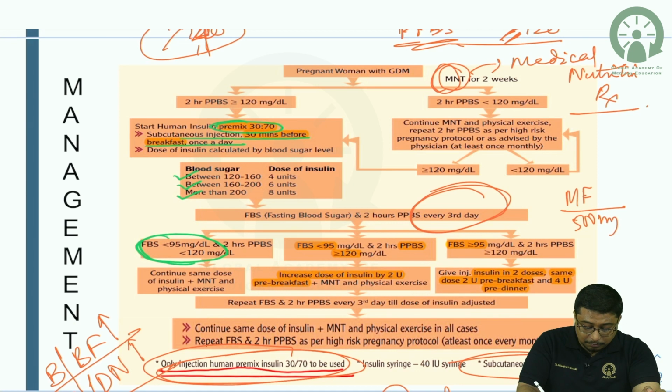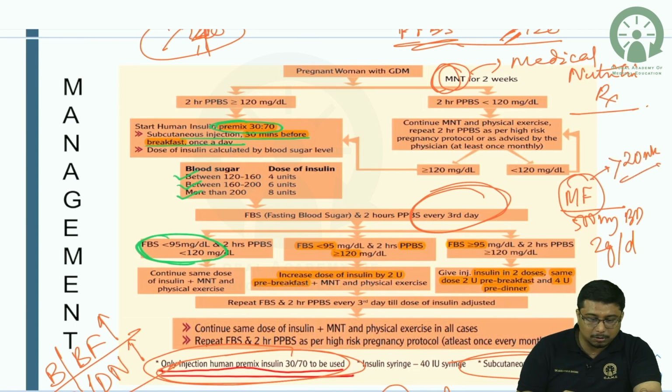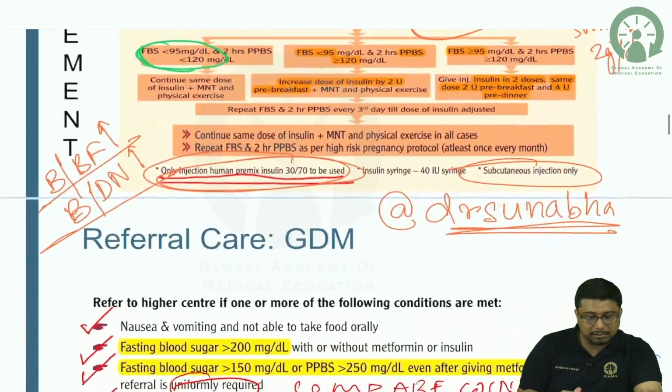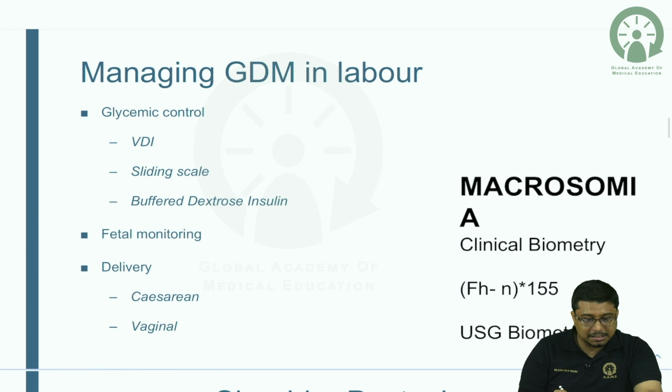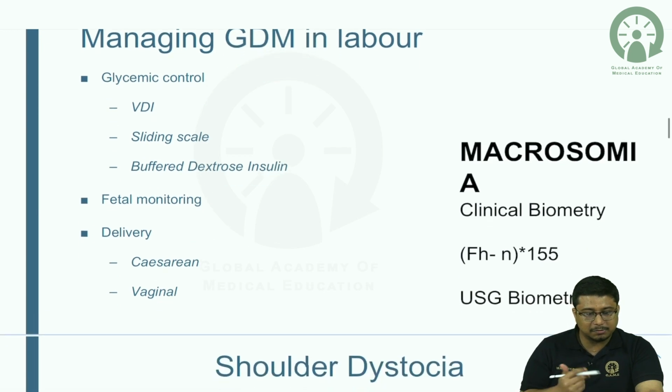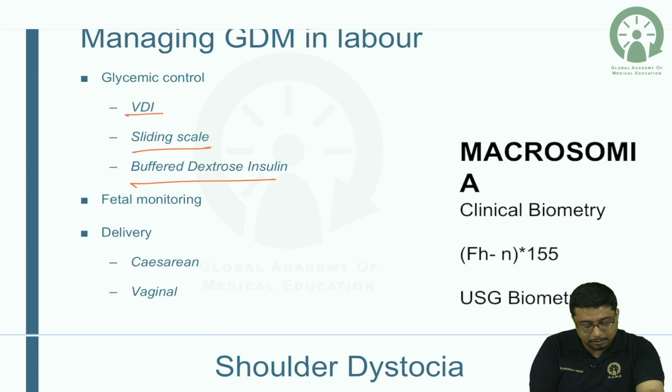Metformin can be started 500 mg BD and can be raised up to 2 gram per day. Remember, metformin to be started only after 20 weeks, not before 20 weeks. Before 20 weeks, insulin is the drug of choice. So managing gestational diabetes in labor needs more stricter control, and buffer dextrose insulin or sliding scale or variable dose